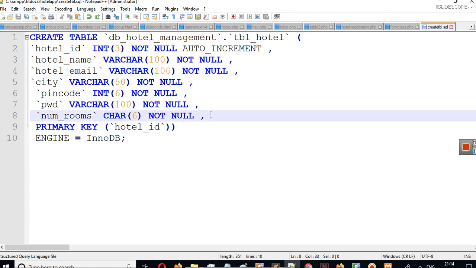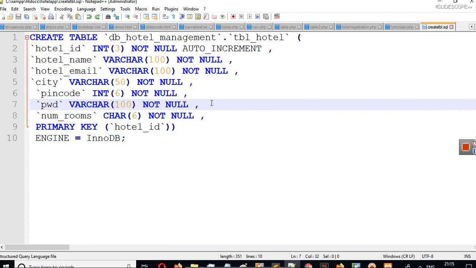And finally, after every column name, you have to put a comma here. So the sequence is column name, data type, null not null, then auto increment if it is possible, and you don't have to use comma here. You simply have to use a space, and then if your column definition is finished, you can put a comma here. We'll create many tables and you will see how it is written. Just try to remember it, just try to write it in your notebook or anywhere so that you can recall what we have written here.